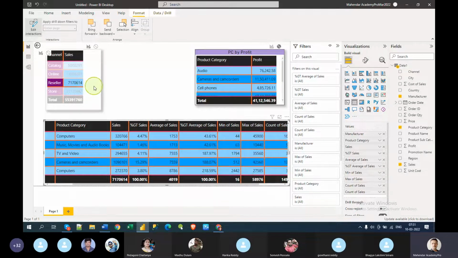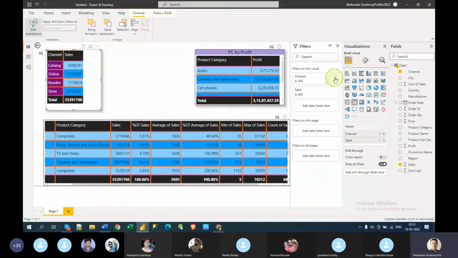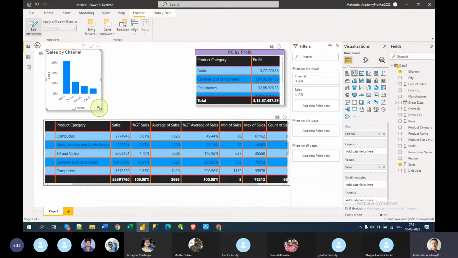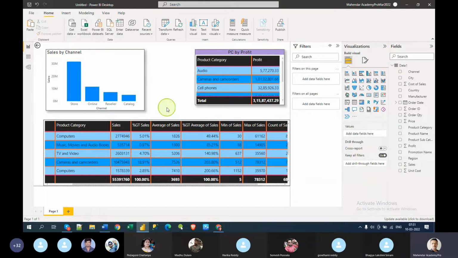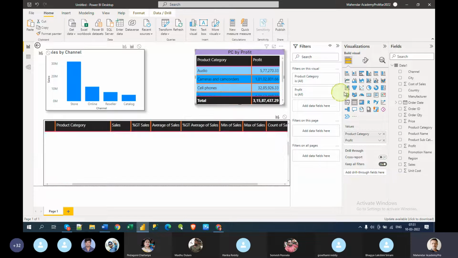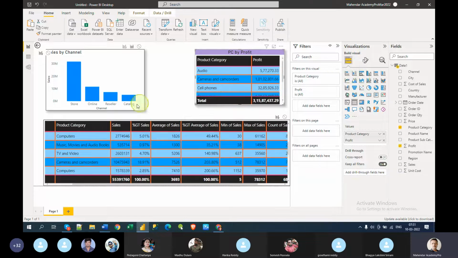And you can also create the table first and then change to any visual that you like, something like this. This is also the easiest way to do. We will talk about this, but I'm just telling you about table to another visual conversion. So I always prefer to create the table and understand, then we'll change the visuals.